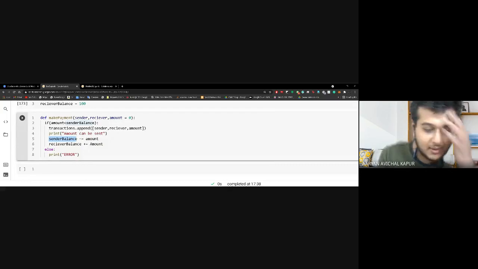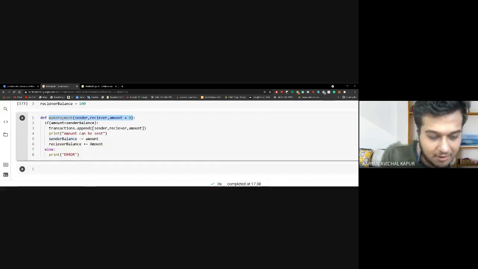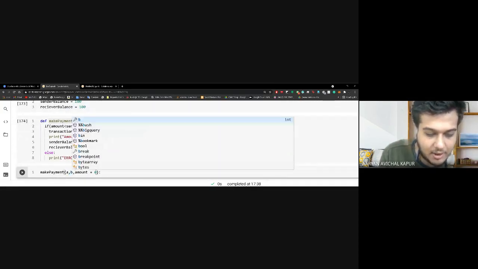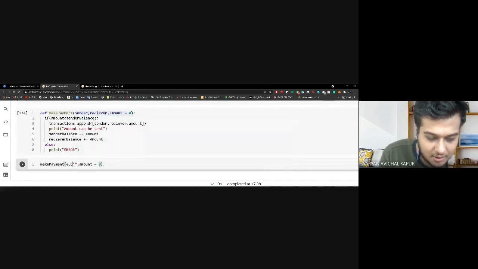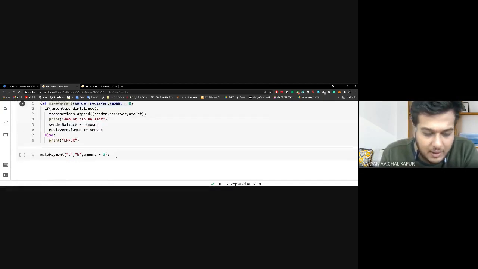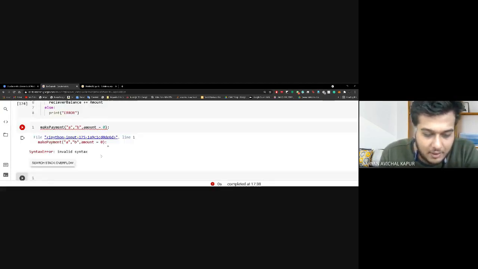And here we have the function make payment. Here you can see that I'm trying to update the sender balance. Let us look at what will happen if we do this. We have only one sender as of now. Let us assume the sender is a and the receiver is b. We are only banking for one entity, which is why there's only one balance, otherwise we would have a list of balances. And we pass the amount as 100.